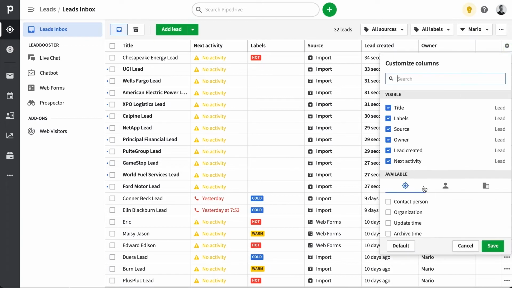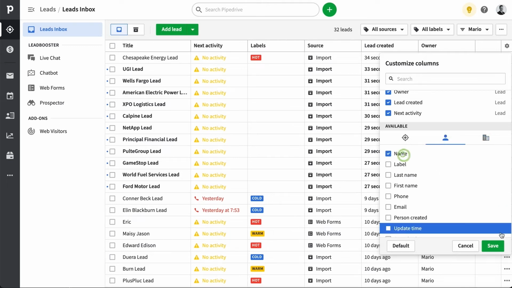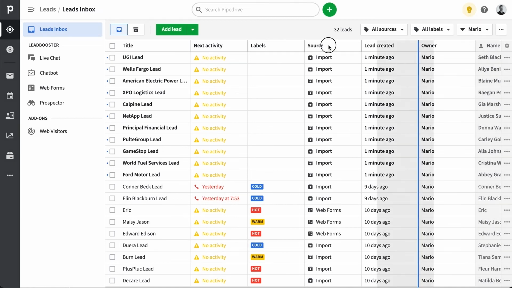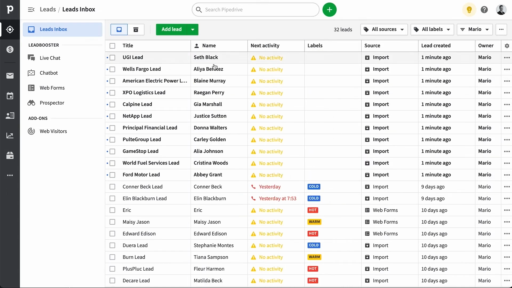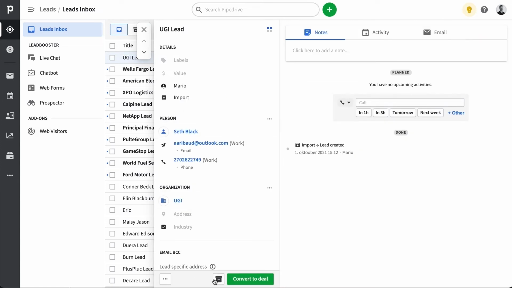Now, maybe not everything in this list is exactly relevant to your operation, so you can add or remove columns of data about your leads. So this means you can even bring in fields that are related to the people and organizations related to these leads, even if they're custom fields. So like a lot of the other list views here in Pipedrive, the goal here is to get all the information you need in one place. Now, if we want to delete a lead, just archive it, and you can always find it again here in the archive section. You can permanently delete it if you'd like, though, like this.